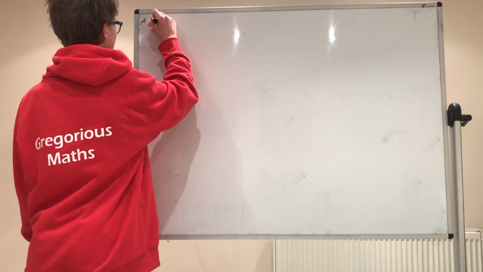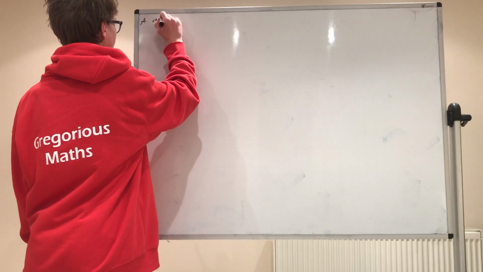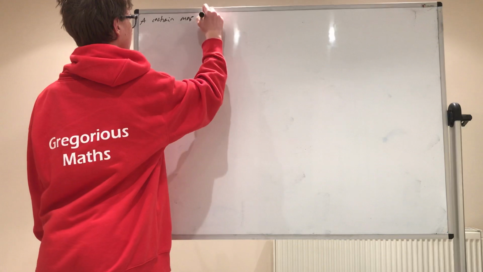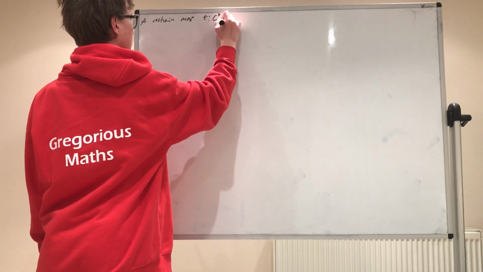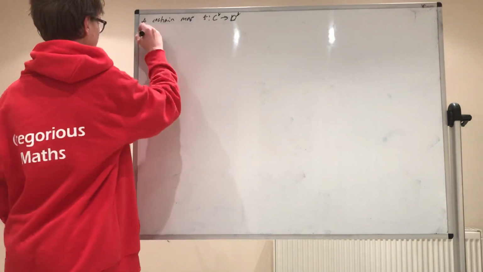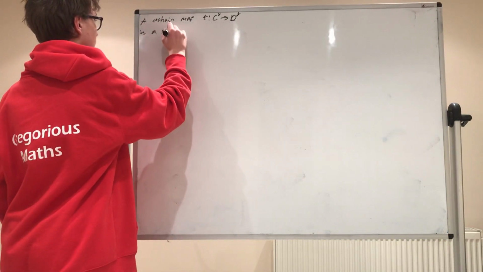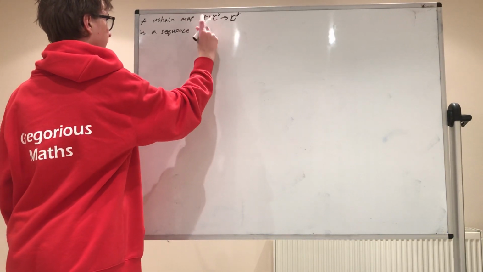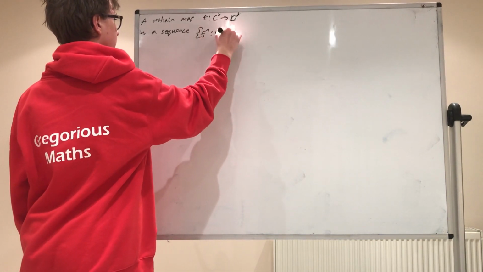So, a cochain map F between two chain complexes is actually a sequence Fn, which takes you from Cn to Dn,